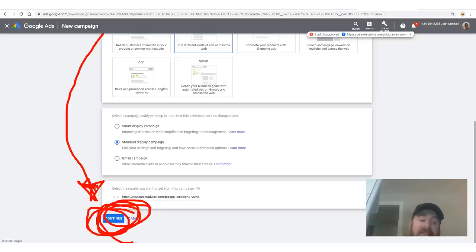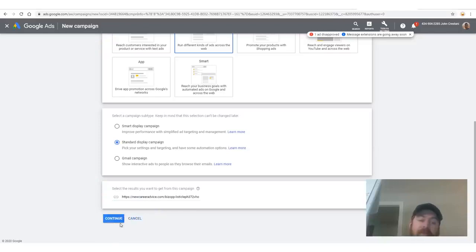This is Google Ads, people. This is the most powerful advertising platform on the planet. I hope you can all give yourself a little pat on the back, for you deserve this. You are using the most powerful advertising, sales, and marketing engine on the planet right now. You're setting up an ad campaign.